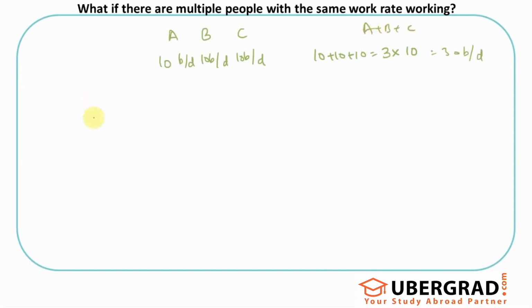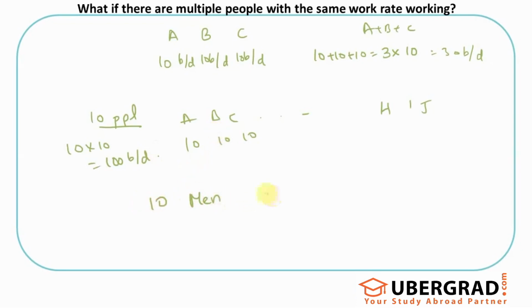What if I have 10 people like this? A, B, C, and so on up to J, 10 people. Each of them can put 10 bricks a day. So I can simply say that 10 into 10 bricks per day, that's 100 bricks being put up in a day. So this is one type where you'll get to see,